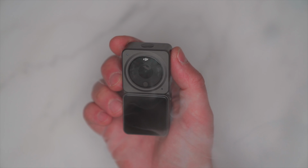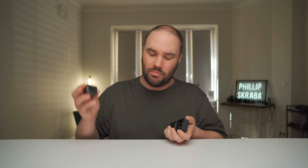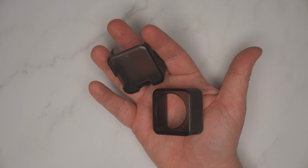Now, when it comes to user benefits, it's pretty simple. It's now comfortable to hold, so I'm not burning my hands. And a lot of people nowadays use these inside a studio environment, which, it's an action camera, it's meant to be air-cooled, but using it inside, it will get uncomfortable to touch, especially if you have it outside of the case and you're just holding the bare metal. But now with the case and the heat-resistant polymer that DJI have created, it's lukewarm to touch even after about an hour